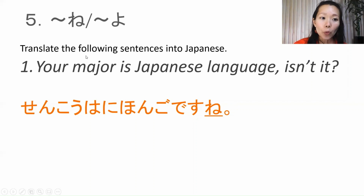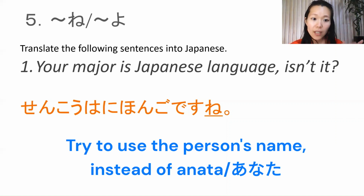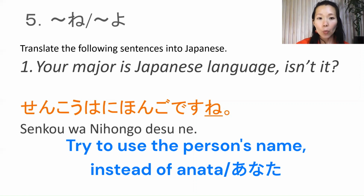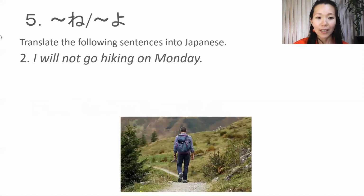If you like, you can add your. Your in Japanese is あなたの専攻は。But in reality, in Japanese conversation, we don't use あなた as much as English uses you. We tend to use the person's name. So for example, imagine I'm talking with Yurika-san. I would use her name: ゆりかさんの専攻は日本語ですね。Otherwise I will just drop it: 専攻は日本語ですね。Repeat after me. 専攻は日本語ですね。はい。